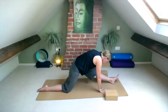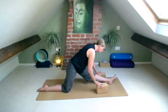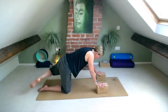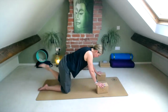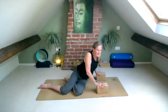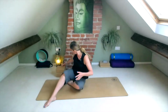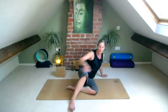Nice and slowly. Bring yourself back. Take the blocks with you. Come off of that left leg and just circle it out. Good. Figure of 8s there. Good. Let's come off the knees. Sitting down, either facing the front or the side of your mat, coming into a dragonfly, which is a wide-legged